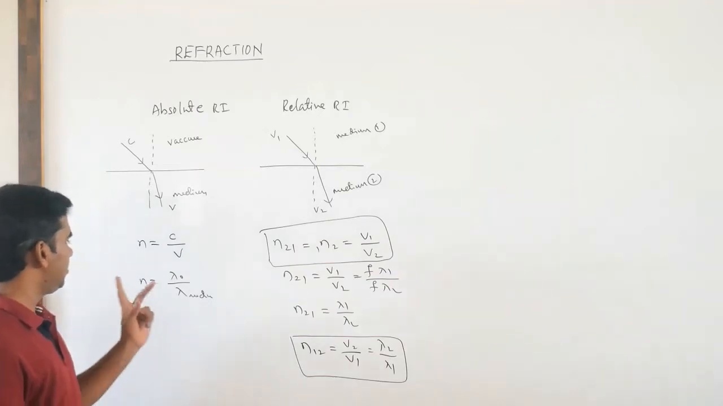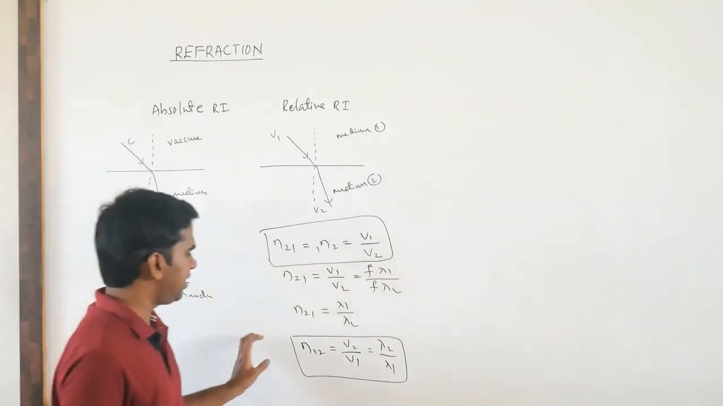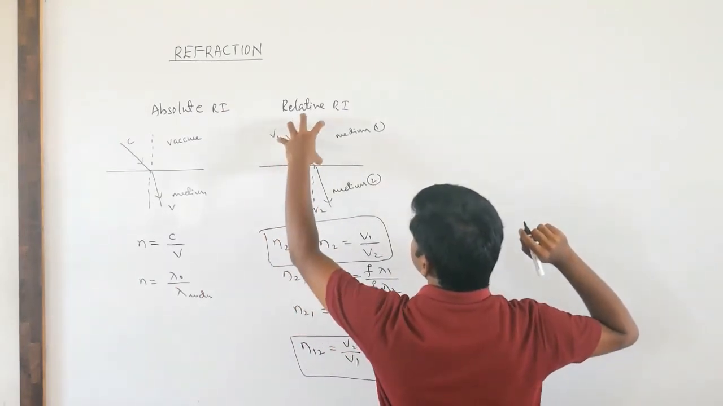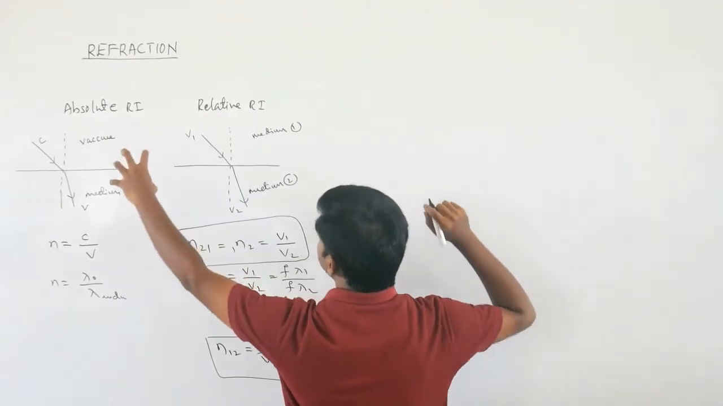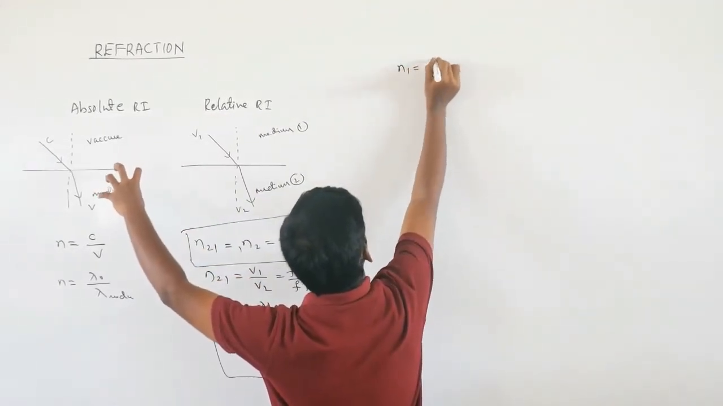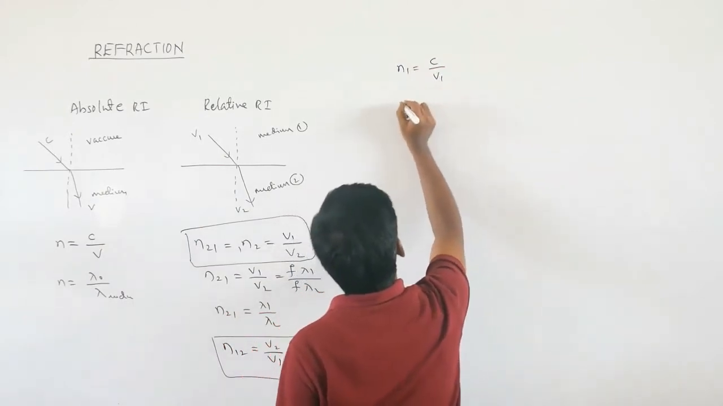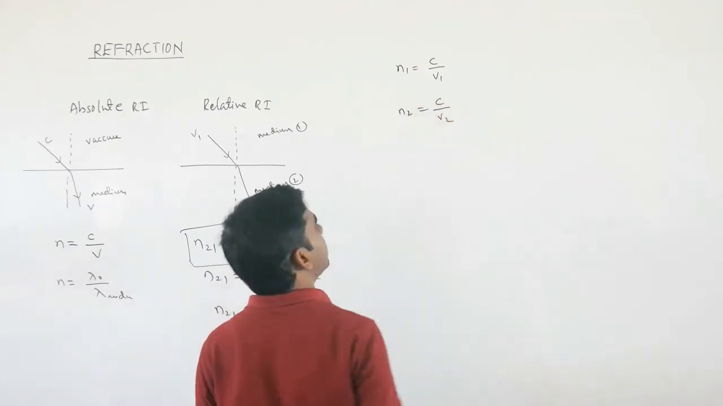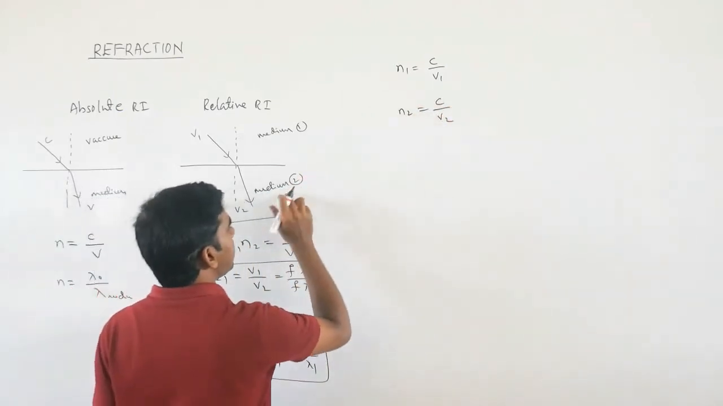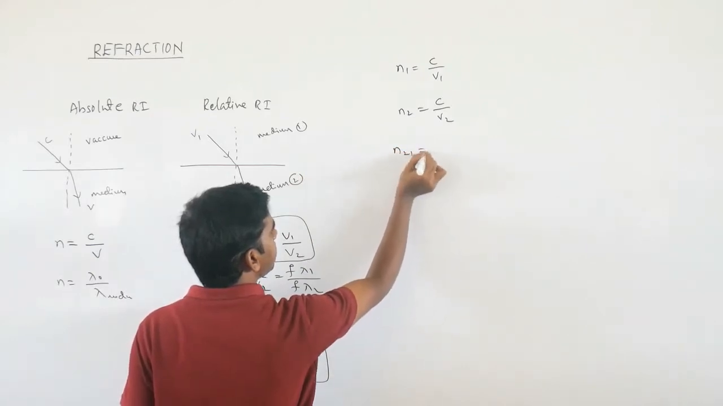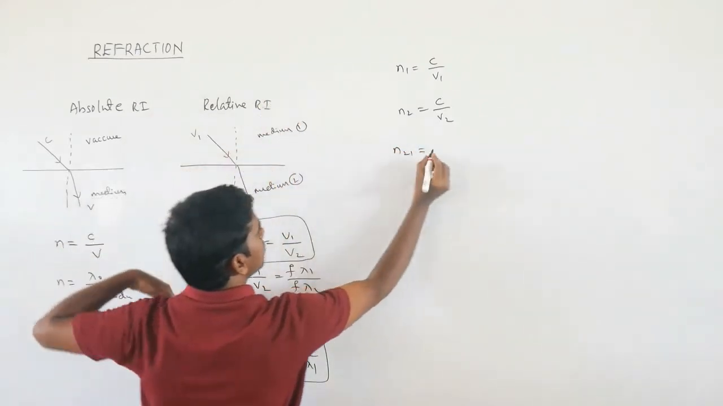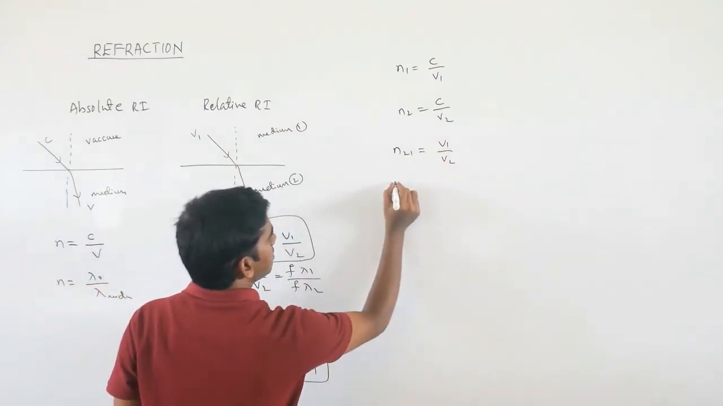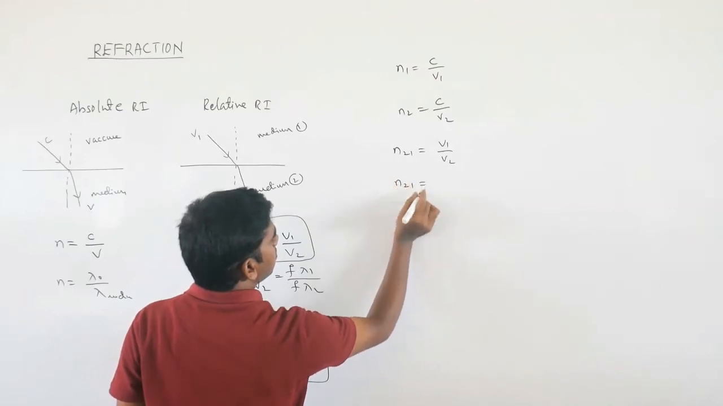Now what will be the relation between relative refractive index and absolute refractive index? If I write absolute refractive index of this medium, I have to take this medium 1 in the vacuum. Refractive index of first medium is c by v1. Similarly, if I take second medium in the vacuum, refractive index of second medium is c by v2. Now relative refractive index of second medium with respect to first medium is v1 divided by v2. So n21 is equal to